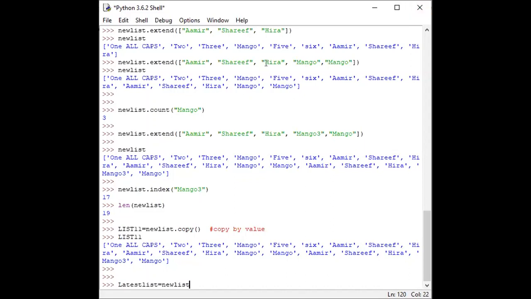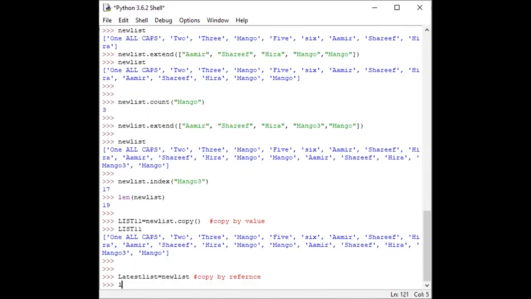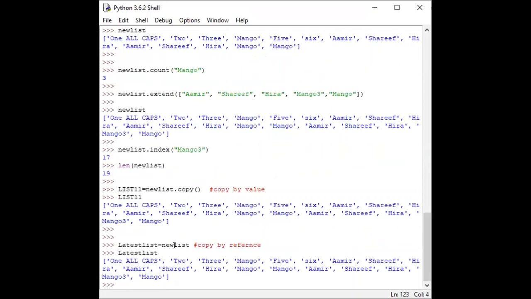Now I have not used this dot copy command with this list. I just write the new list, and that is equal to the other list. So in this way, we copy by reference. Copy by reference. Now I call, for example, the latest list. All the elements of the new list are now present in the latest list.